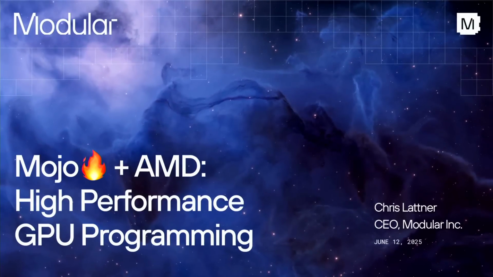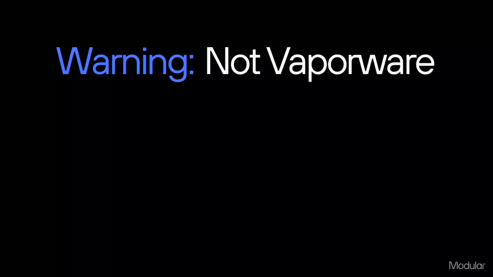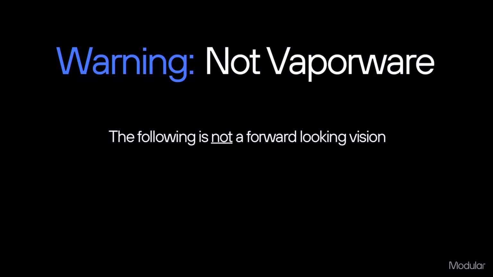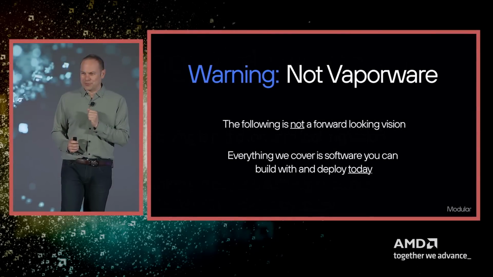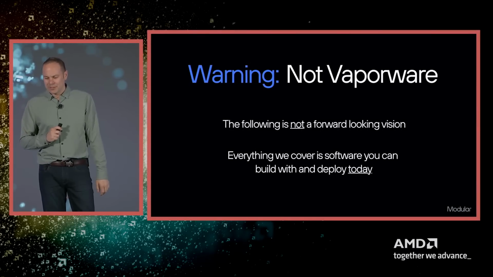I'm going to introduce a little bit of the problem and then talk about Mojo and Max today. I just want to start out with a little bit of a warning here. So many things in AI are hard to understand because so much is changing, so many claims are being made. And so today we're going to be talking about things that only exist today, that only work today, that you can download, you can use. This is not a vision talk. This is real. And so if you'd like, please go download our stuff and use it today.